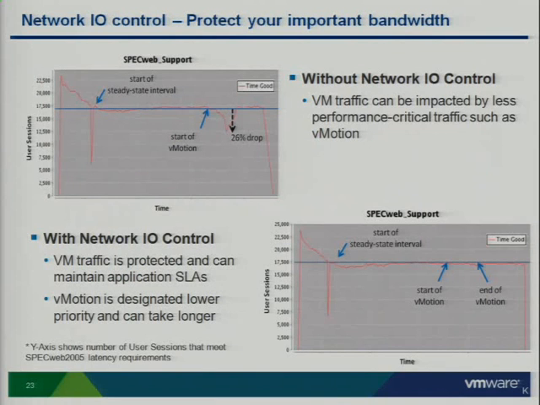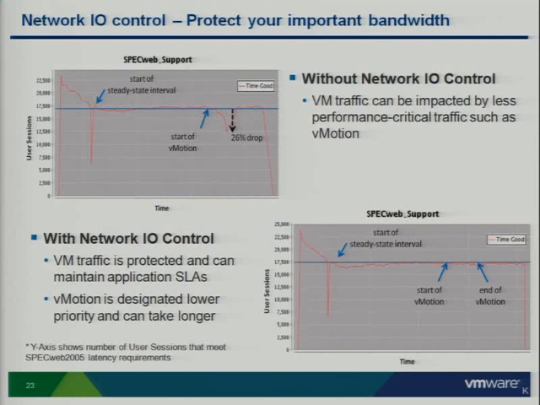So here's a test that we did, and we are running a SPECweb Support benchmark. Okay? And we're running 17,500 users, that little number by the blue bar that you can't read. So what is that? It basically means that these are the number of users I'm running, and the red line represents how many are passing the SLA for that action. So a SPECweb Support workload, basically it simulates users downloading patches. They need to get their patches in a certain amount of time for that test to pass. And as you can see,